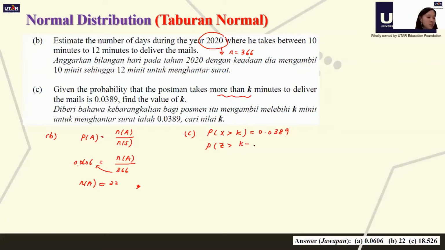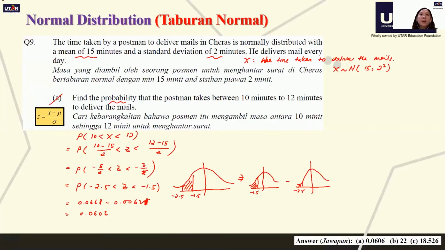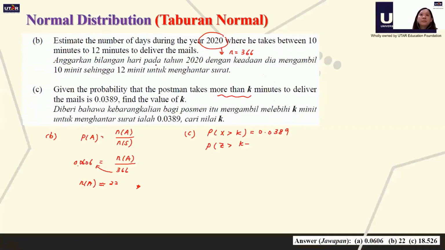Just now the mean was what? The mean was 5.2, is it? I can't remember, sorry. Go back to the one. 15 and 2, sorry. So I have 15 and 2 here, and 2 here, right? Minus the mean over standard deviations, and this answer is